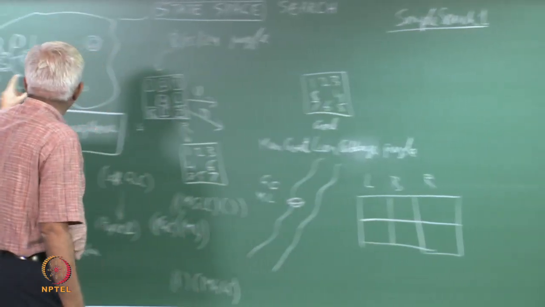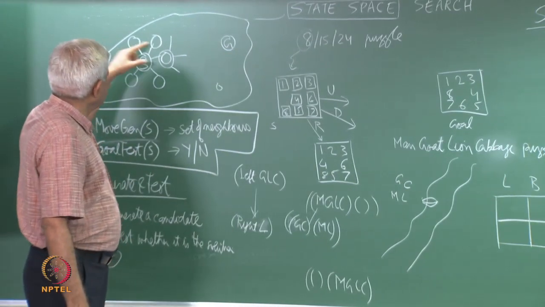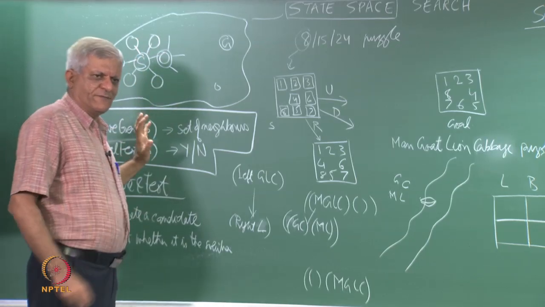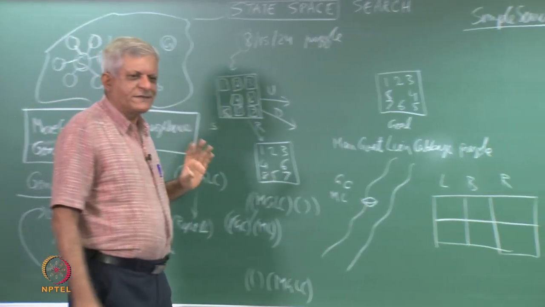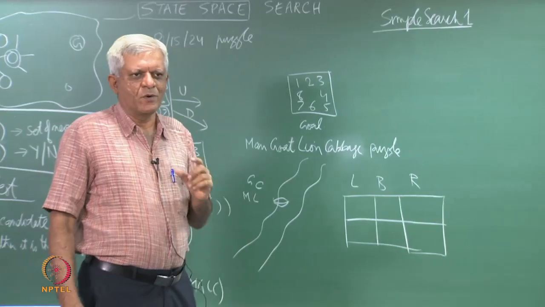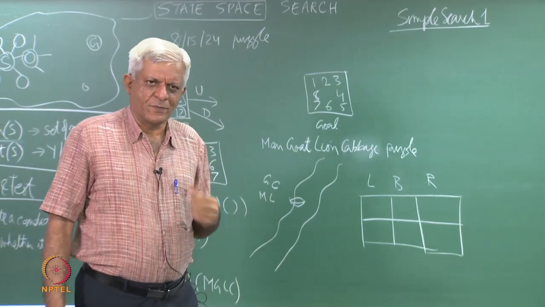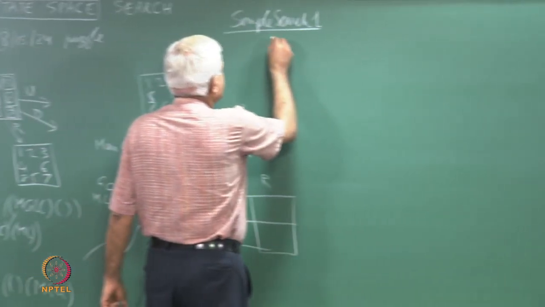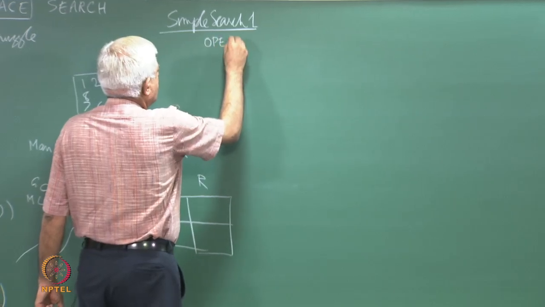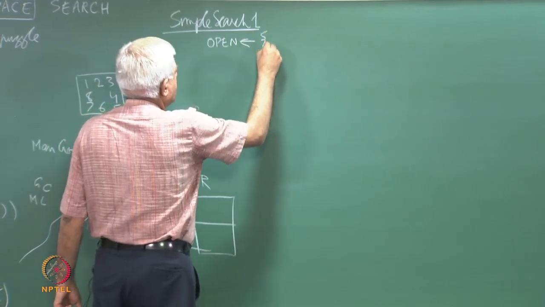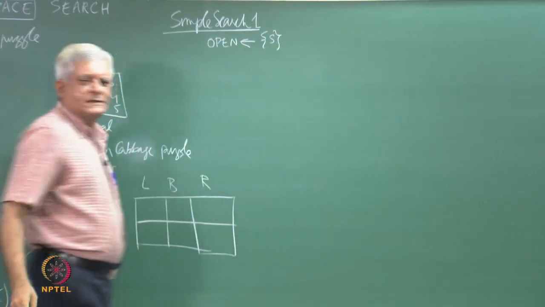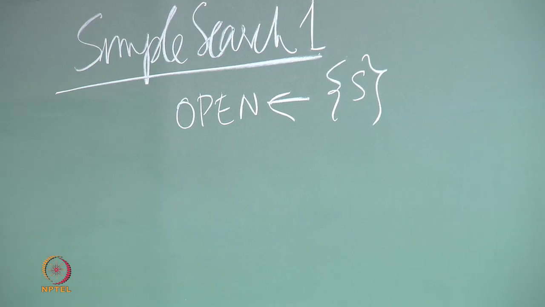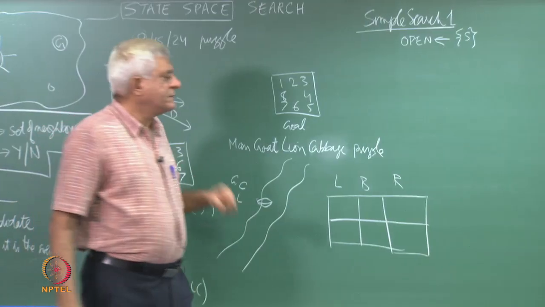When we generate these successors or neighbors, we have to store them somewhere, and we will store them in a set which has traditionally been called the open list or open set essentially. So, we begin by saying open gets the start state. So, we put the start state in the open and do the following: